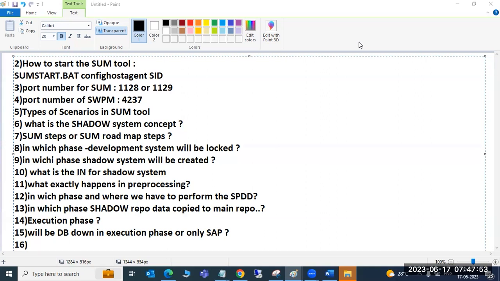Why? Because if the DB is down, how will the data switch over and the table conversions happen? Everything happens at the database level, and there would be no connection. So the DB won't go down; only SAP will be down here. Why?